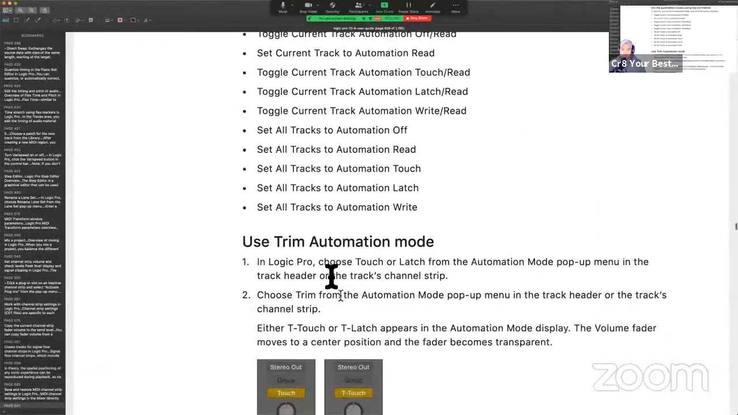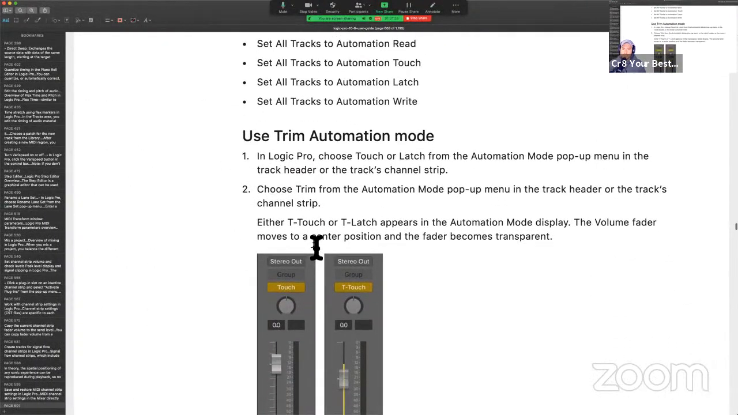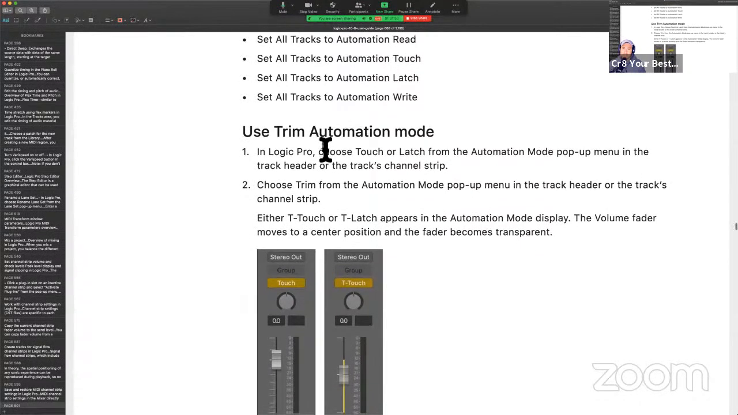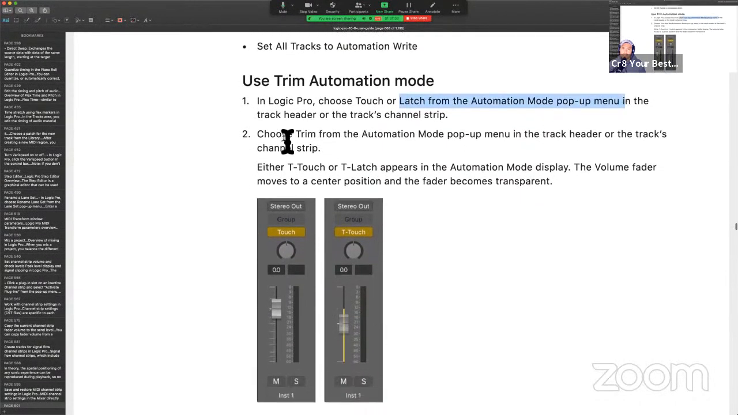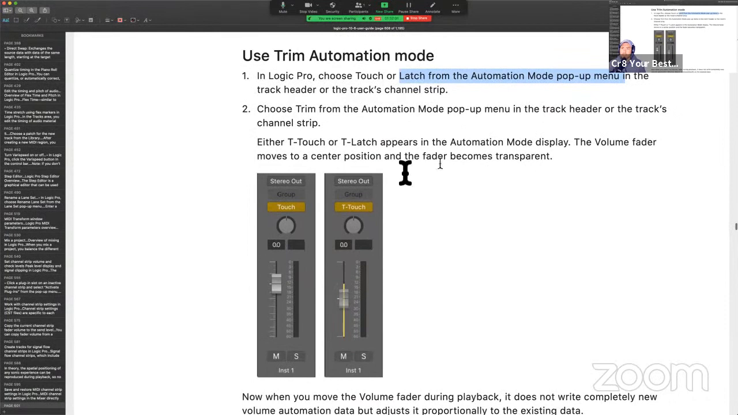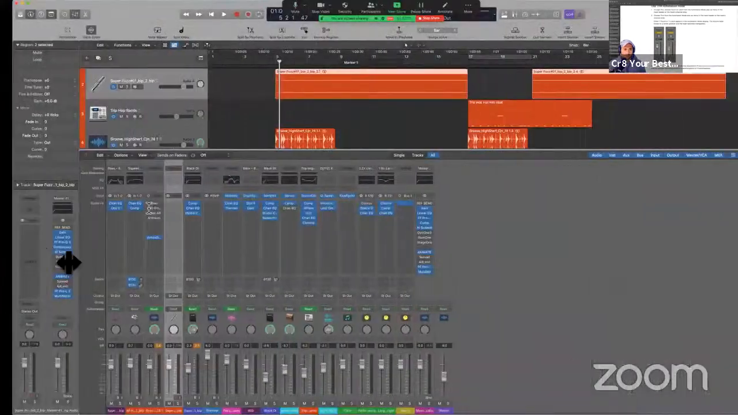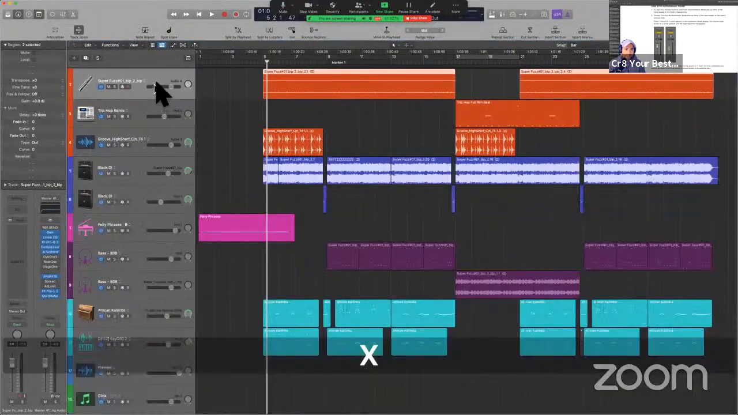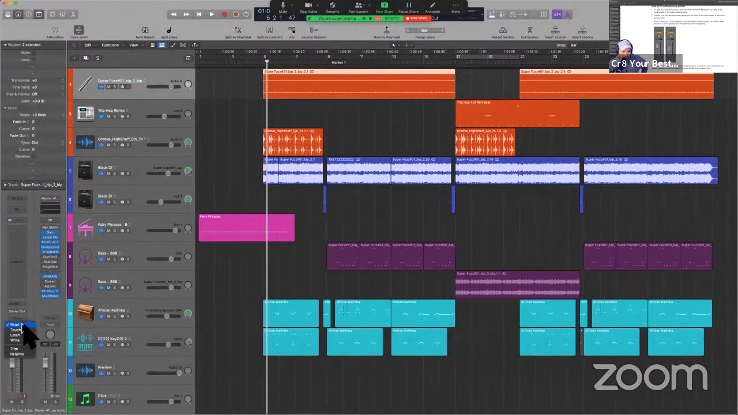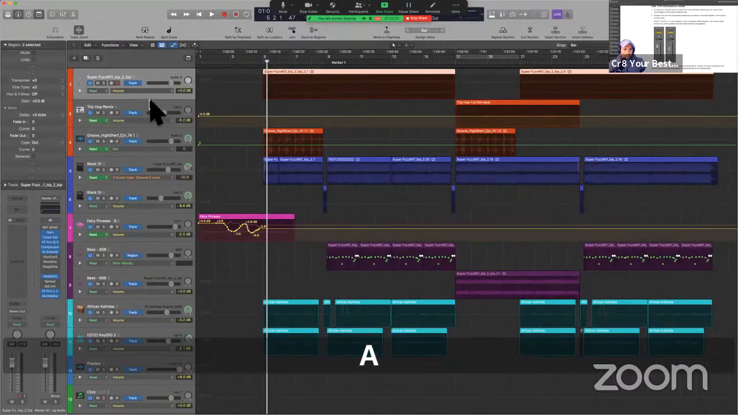But trim automation, showed you how to use that. Choose trim from the automation pop-up menu, either T-touch or T-latch. Wow. I didn't know about that. The volume fader moves to a certain sensor position. So wait a minute. Let's check this out really quick. So it looks like we can select trim. Okay, cool. And then you can select,